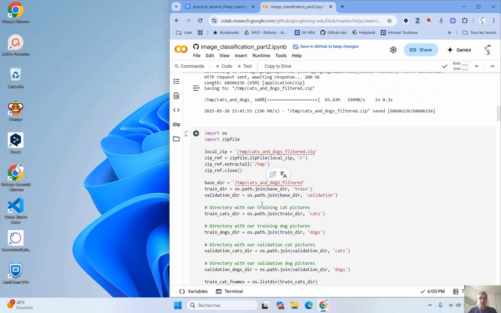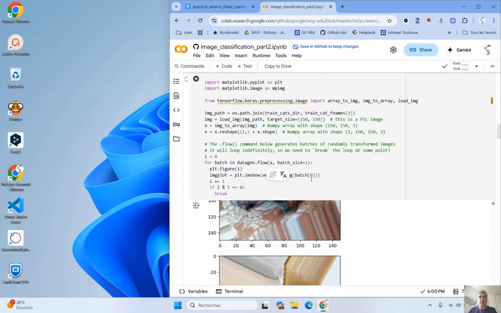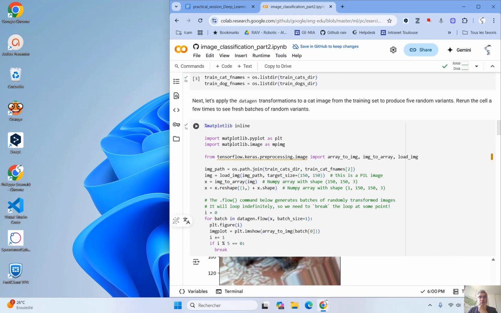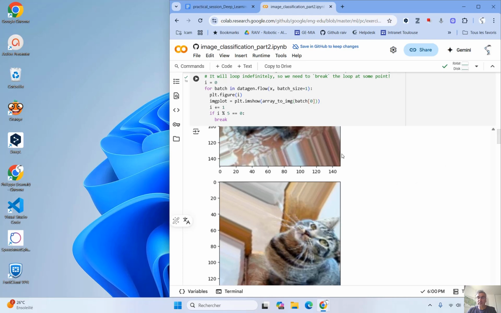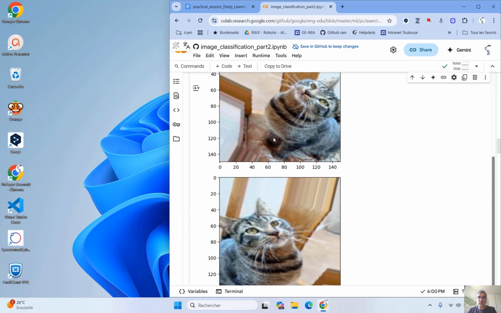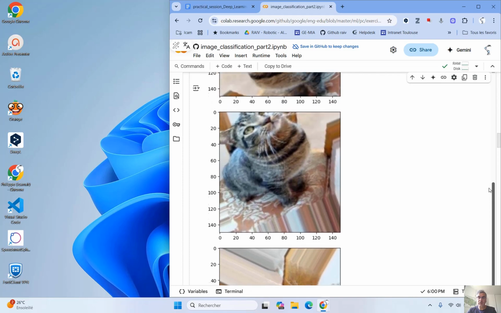Now we load the same dataset of cats and dogs images. So we have many images. I think it's 2,000 cats and 2,000 dogs. And here is just an example of data augmentation performed on one image. So you have the same image here, and you see here there is a horizontal flip. I don't know why you don't have it here. Okay.